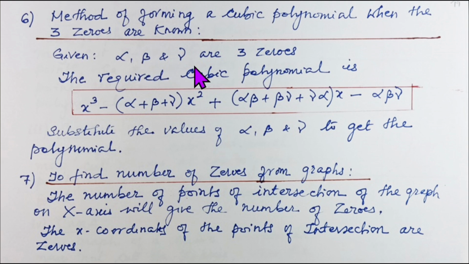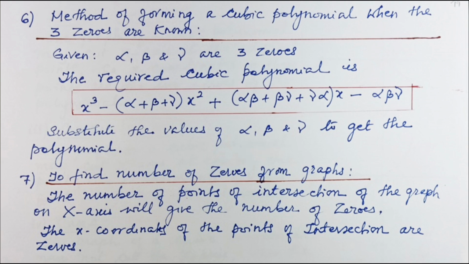If we are given alpha, beta and gamma as the 3 zeros, then the required cubic polynomial is x cube minus (alpha plus beta plus gamma) into x square plus (alpha beta plus beta gamma plus gamma alpha) into x minus alpha beta gamma. So this is the general relation by which we can write the cubic polynomial given the 3 zeros alpha, beta and gamma. So substitute the values of alpha, beta and gamma in this relation, we will get the cubic